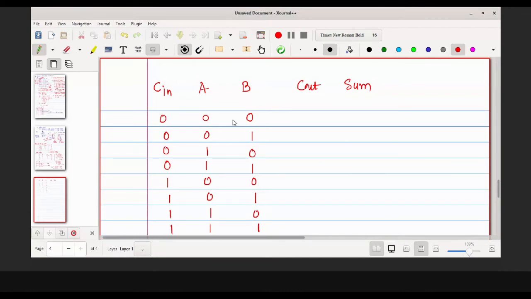Okay. So now we do the addition. 0 plus 0. The sum I am going to get as 0. Carry I am going to get as 0. To that 0 you are adding 0, so obviously it is 0. Okay. So 0 plus 1. So sum is 1, no carry is generated. To that again you are adding 0, so there is no change. So similarly here there is no change. Now here 1 plus 1, so the sum is 0, and we will have a carry C out as 1, and to that result you are adding 0, so it doesn't make any difference, right?